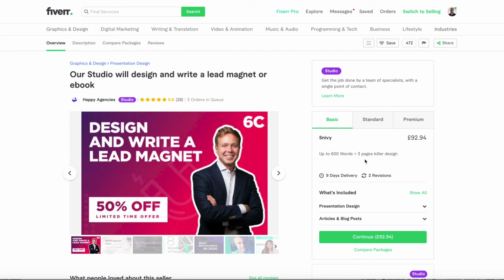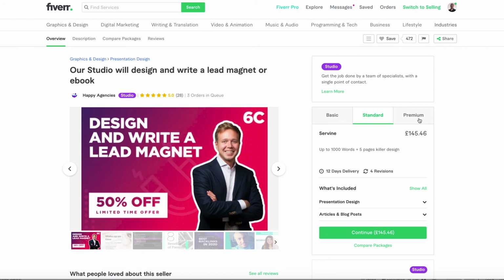The basic 600 words is £92.94. So in dollars, that's probably about $130, $140. Standard £145, premium £189. So you can see this is going to get very, very expensive. The more lists you create, you're going to need a unique ebook for each one. So it's going to get pretty pricey. So probably not a good idea if you're trying to conserve money, and there are much better ways of doing it, which I'll go over a bit later.